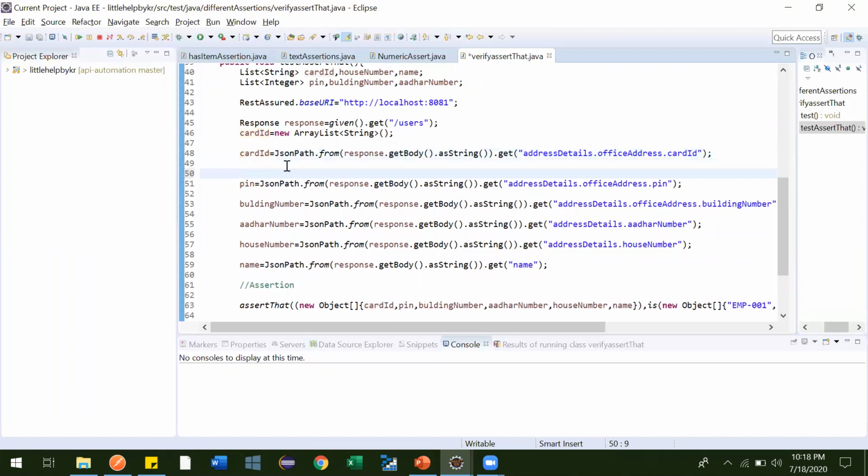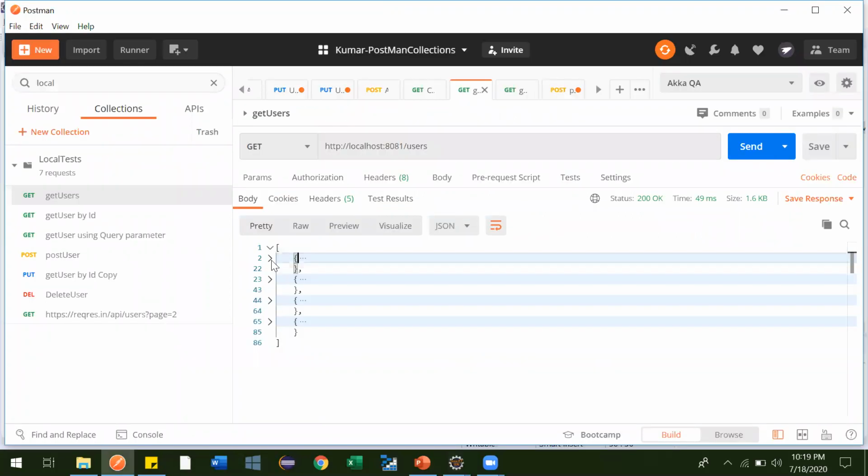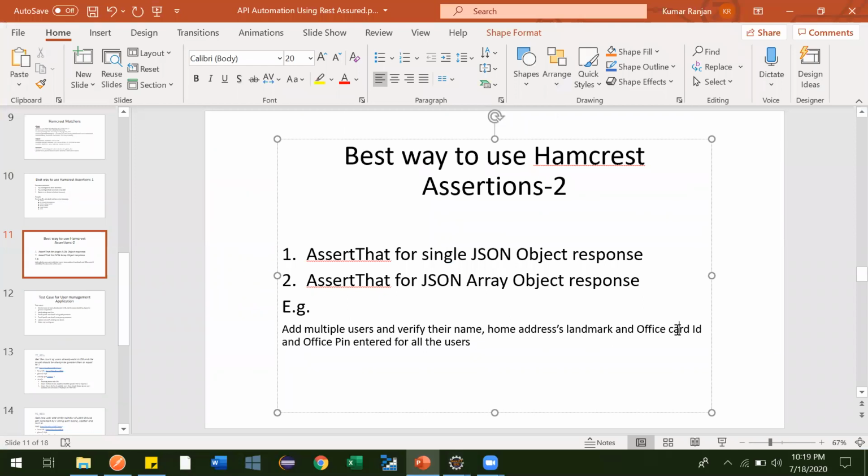For pin also we need to initialize it with a new ArrayList, and we can define the type as String. Oh sorry, not a String, it should be Integer, perfectly fine.